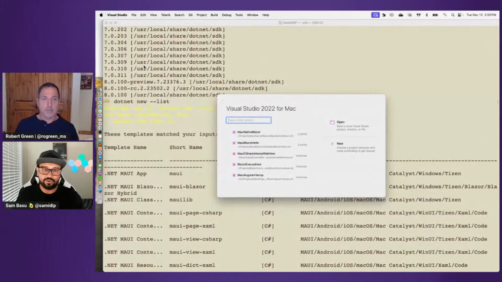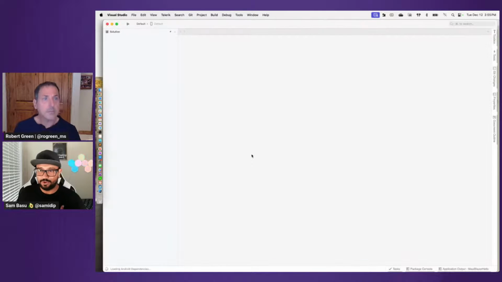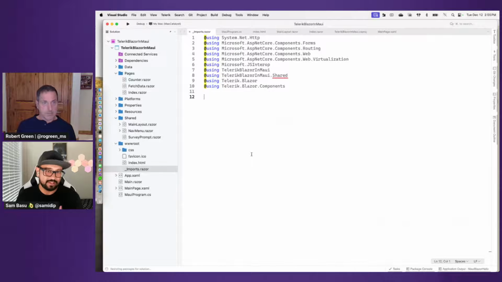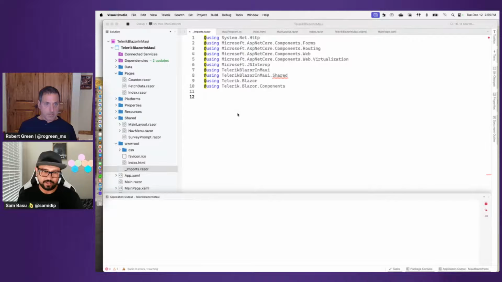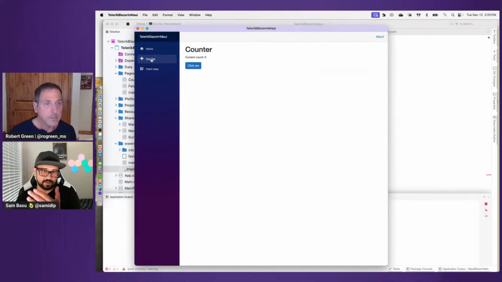I have written a lot of Blazor apps for the web. Can I bring all of that to mobile? And the answer is yes. I'm going to choose something that's in my ballpark, but I'm just trying to show you an example that anything is welcome. So let's go ahead and run this really quick, and I'll show you what this does essentially. So this is still a .NET MAUI app with the Blazor template. So you can see Blazor UI. This is running on a Mac, but this is a classic Blazor template thing.